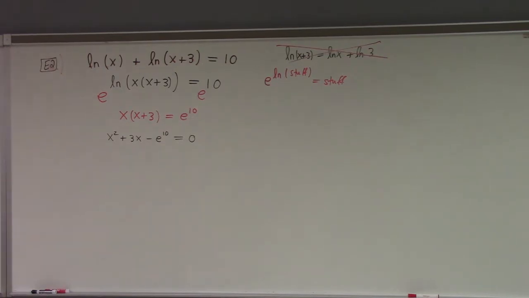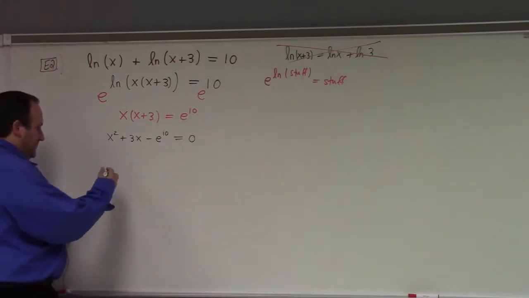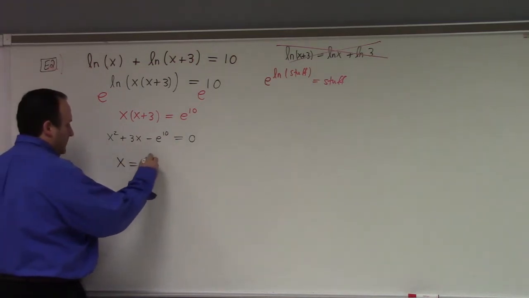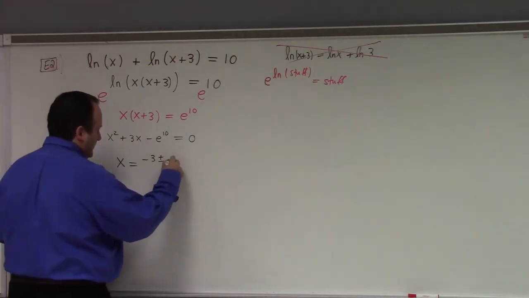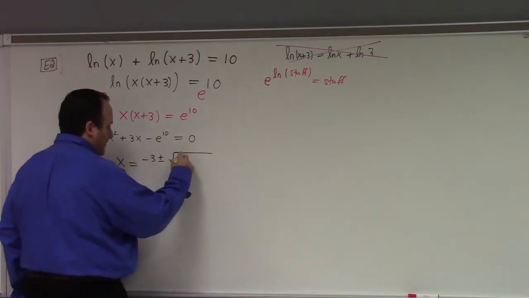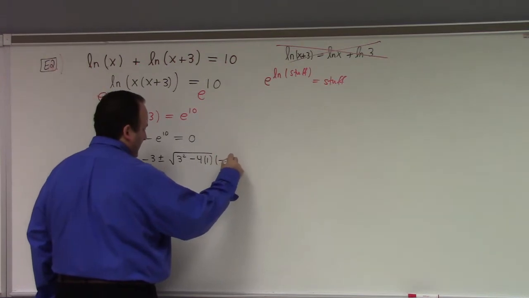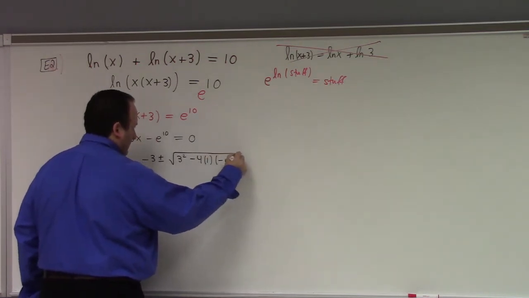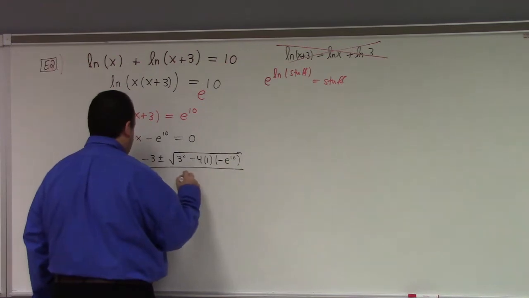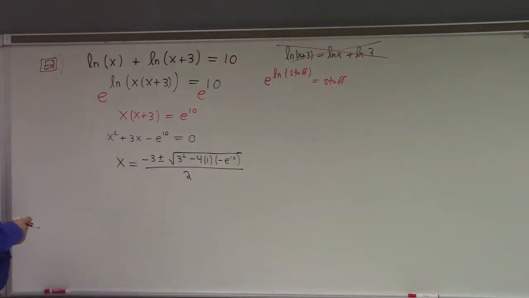Error marker. Okay, so we have x equal to minus 3 plus or minus the square root of 3 squared minus 4 times 1 times minus e to the power 10, all divided by 2, right? And we can work out what that is, yeah? If you do the math there, what you'll get,